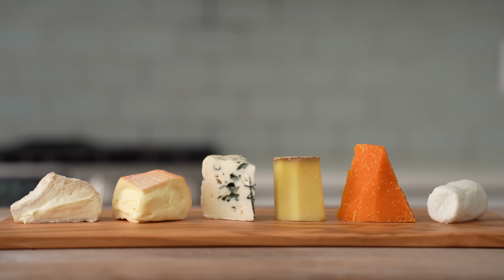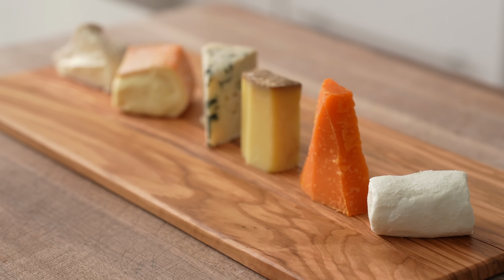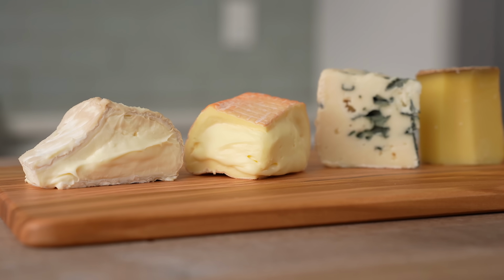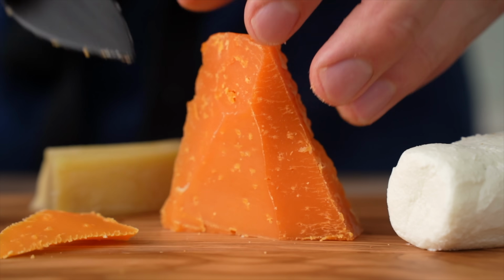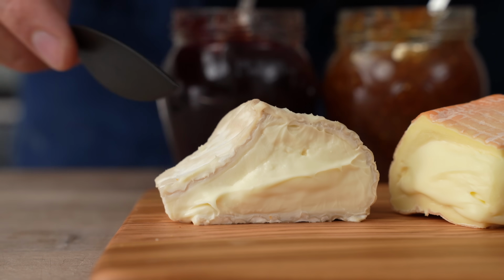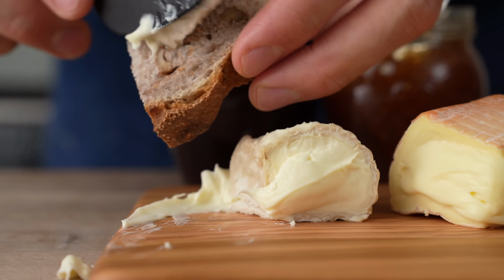What I love about this selection of cheeses is that they pay tribute to all that is great about cheese and offer a wide variety of textures, colors, and flavors, and show off all of the different styles of cheese at once. They're salty and funky and sour and nutty and crunchy and creamy and tons of stinky in there as well. I know there's a ton of cheeses out there and you guys probably have some strong opinions, so